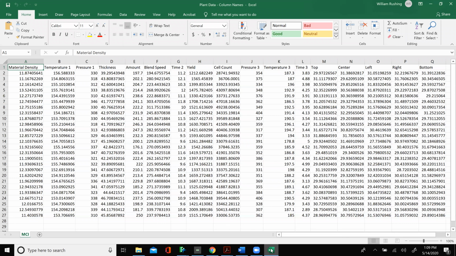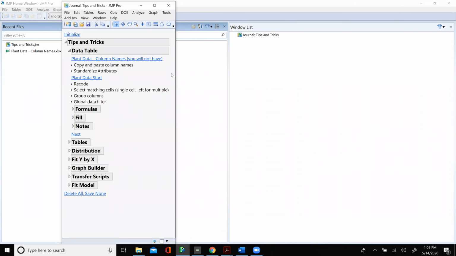All right, and as I said, I'm not focusing on step by step so that you can do this along with me. But those of you that want to do this along with me, that's no trouble whatsoever. That's why you have the journal. You also have that Excel file. So what I'm going to do is open up this Excel file.